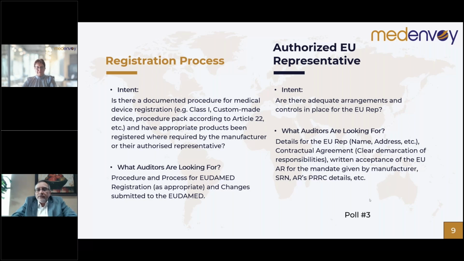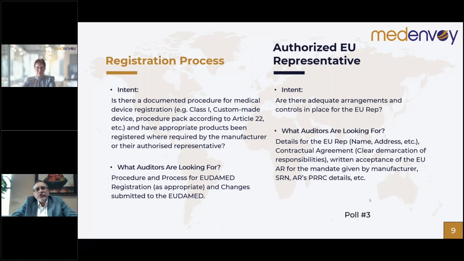So it always pays to work with someone who is an expert in their field, and whose contract is covering a lot of things. So you can rely on your partner as EU rep, so that they know what they're doing, and you can rest assured that they have covered all these requirements. So moving to the next step,